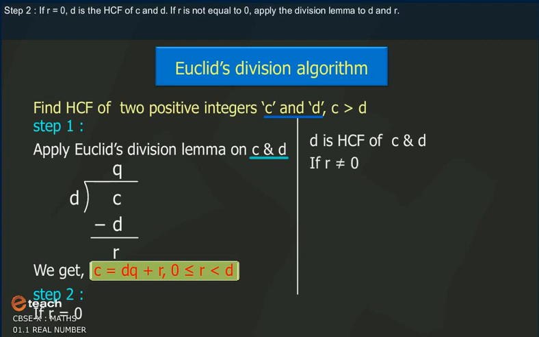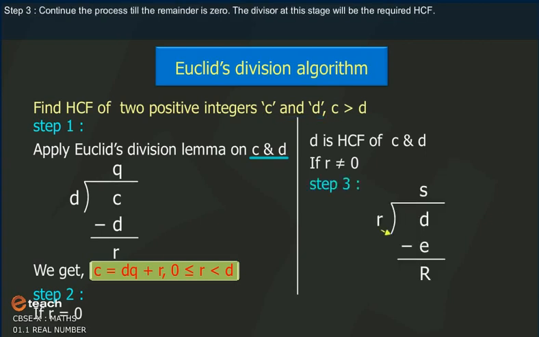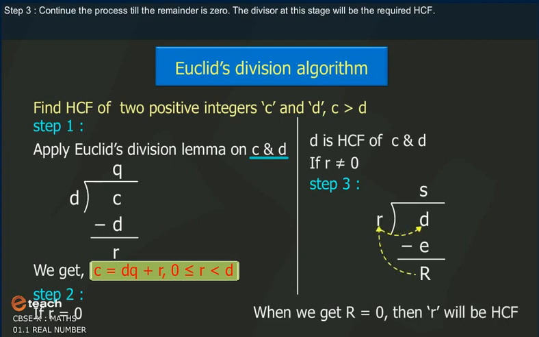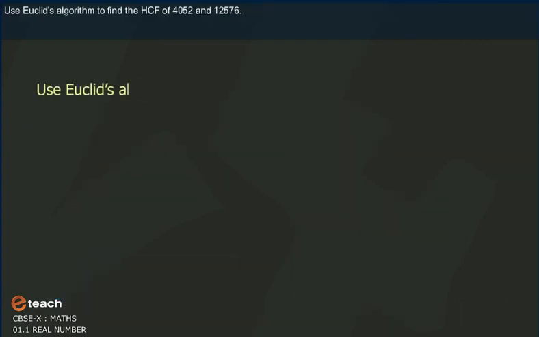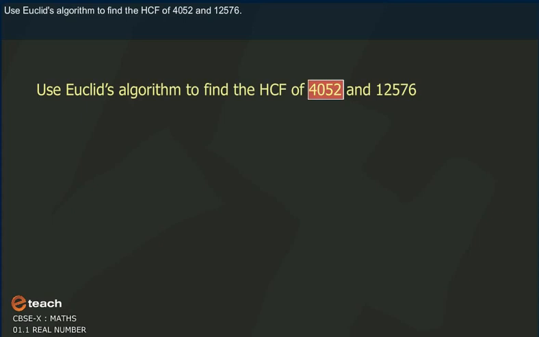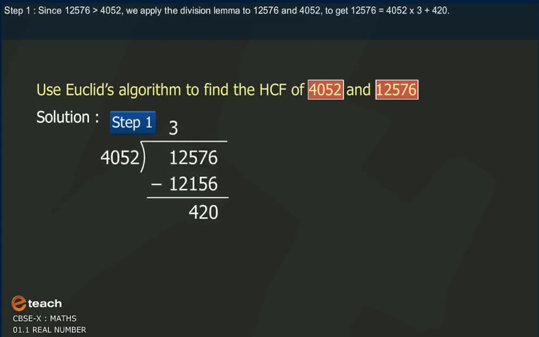If r is not equal to 0, apply the division lemma to d and r. Step 3. Continue the process till the remainder is 0. The divisor at this stage will be the required HCF. Use Euclid's algorithm to find the HCF of 4052 and 12576. Step 1. Since 12576 is greater than 4052, we apply the division lemma to 12576 and 4052 to get